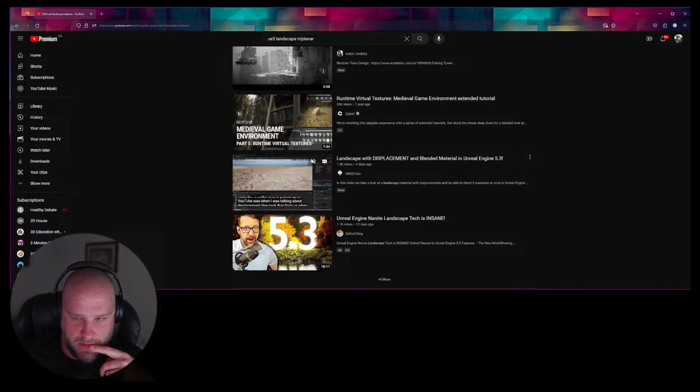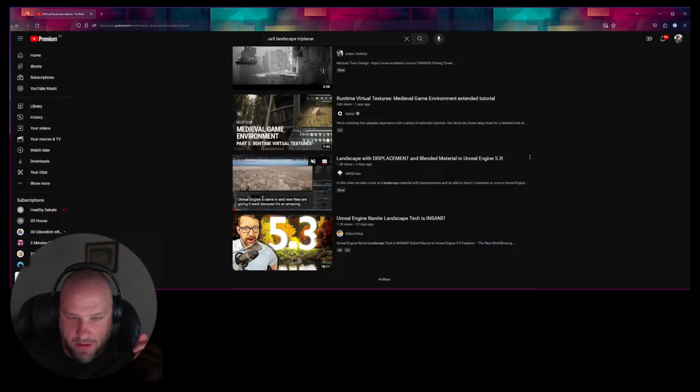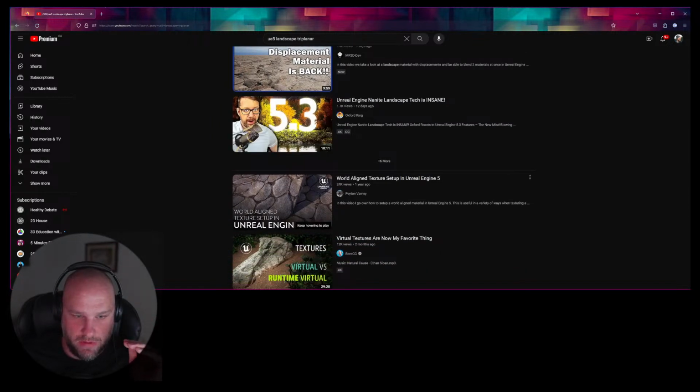This is interesting. This is brand new. Blending 2 materials at once is cool because that's really good for tiling. So this actually will be a video that I'd want to watch. Because I also know that there's now displacement, which is super cool. There's displacement in landscape materials, which is wicked because now with Nanite you can actually displace the mesh and you will have legitimate